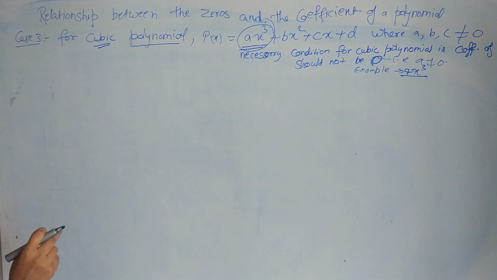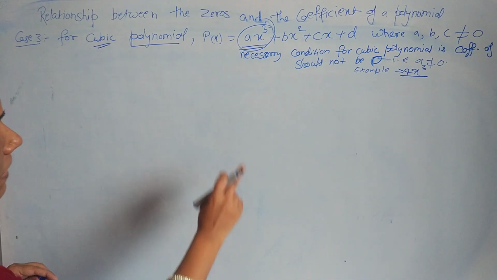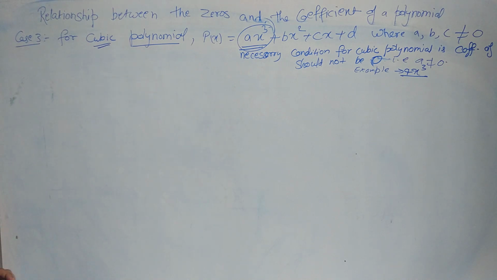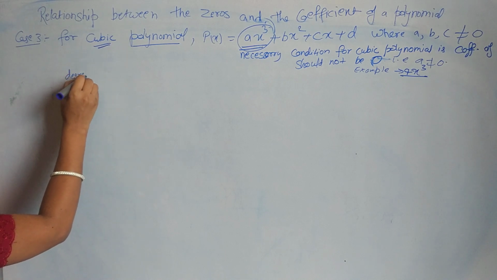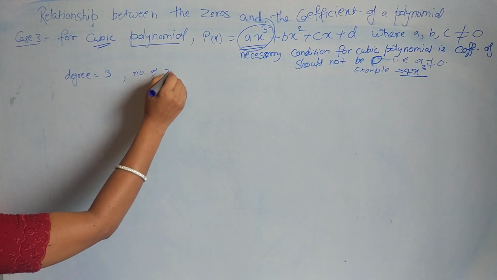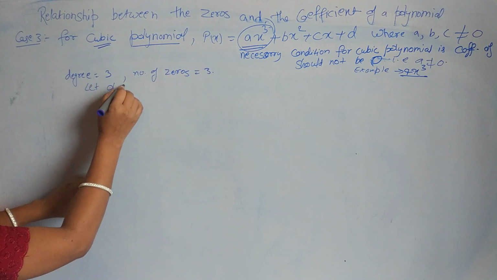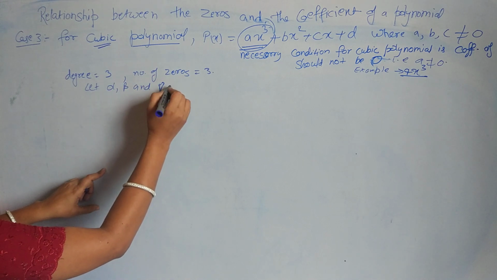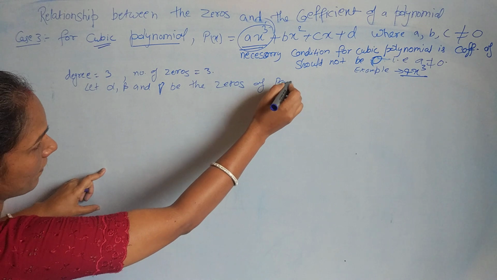Okay, now let us proceed forward. My cubic polynomial is given as p(x) equal to ax cube plus bx square plus cx plus d. This is my general format for writing a cubic polynomial. If it is cubic, that means the degree is 3, so the number of zeros will be 3. Let alpha, beta and gamma be the zeros of p(x). Then